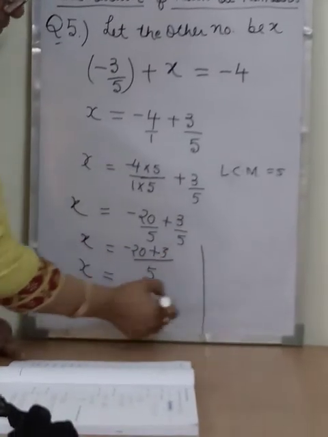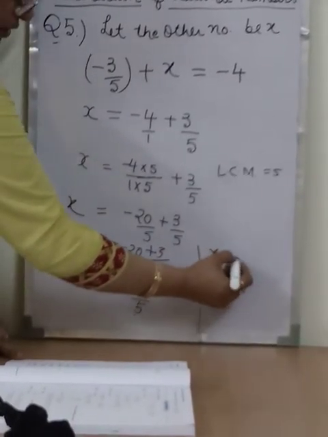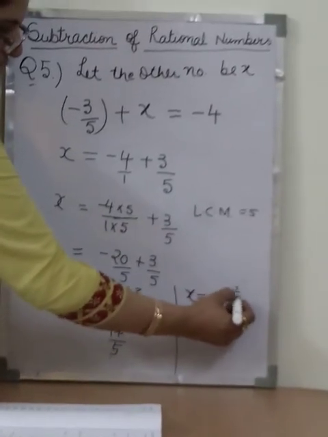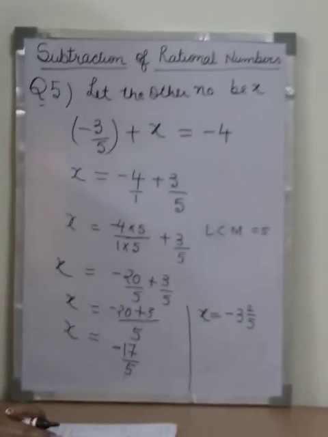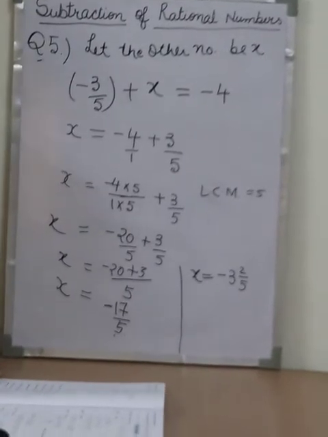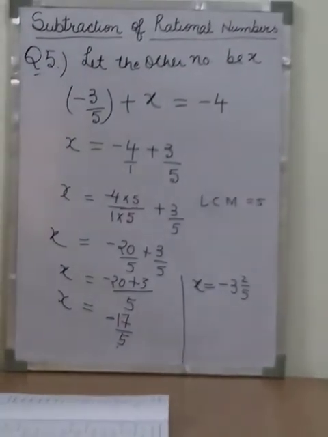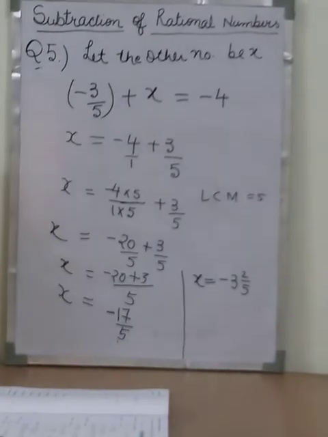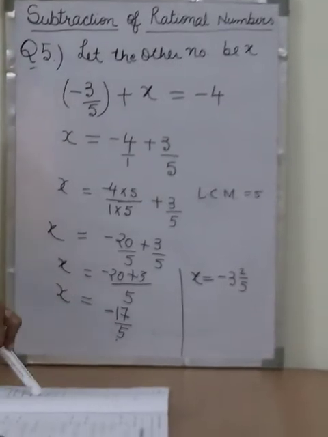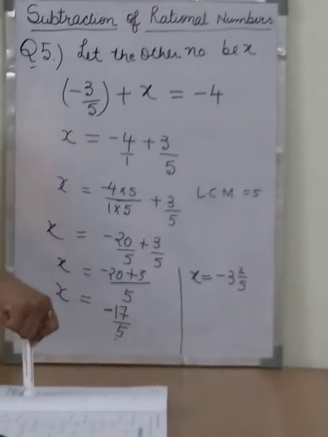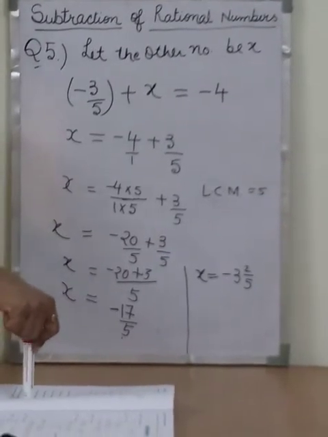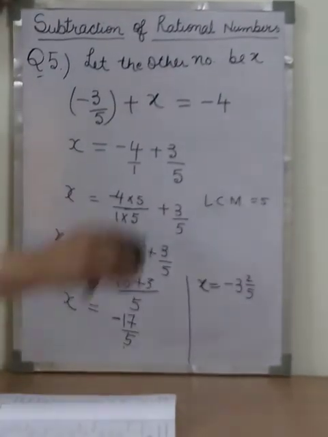As it is an improper fraction, we convert it into a mixed fraction. So it will become minus, 5 3s are 15, 2 left. So what is the answer? It is minus 3 whole 2 by 5. Okay, children? So what is important here? To learn to write the mathematical expression as I have written. Okay. Then I discuss, question number 7 and 8 are again of the same variety. I discuss question number 8 with you. First I read question number 8 for you.